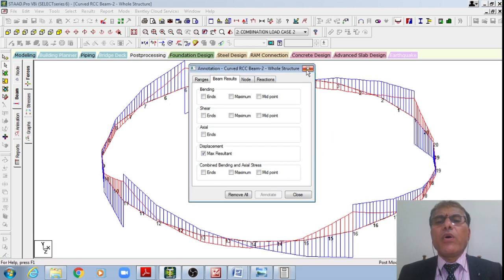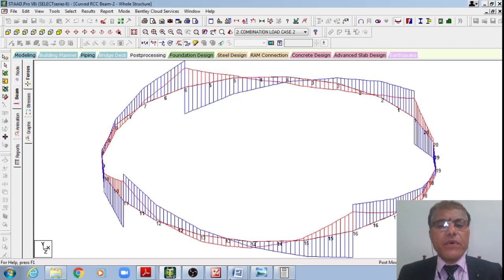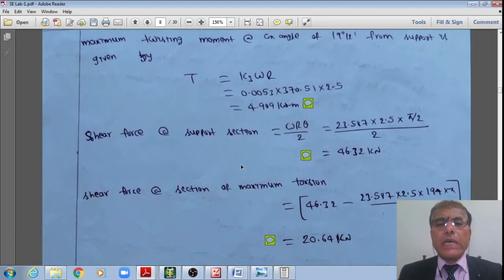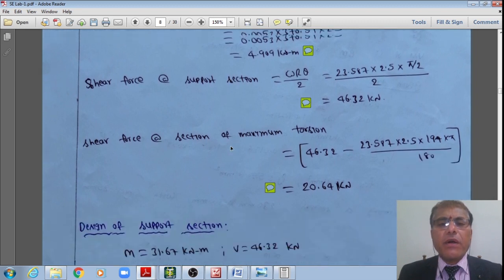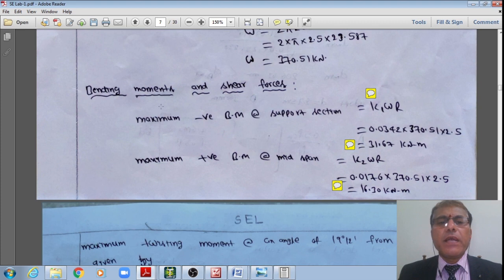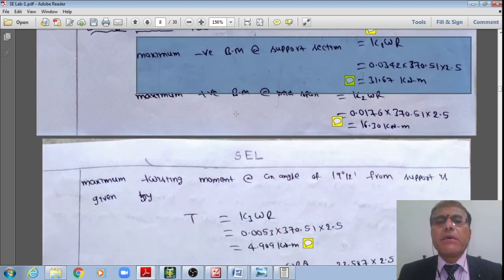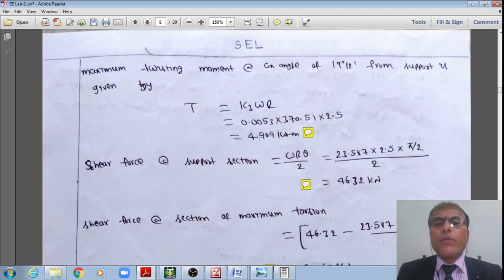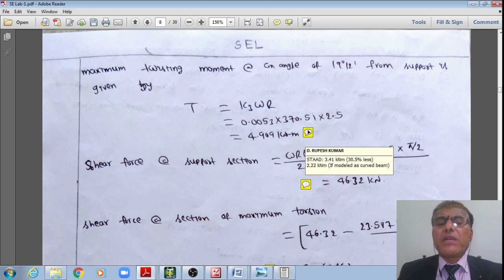Therefore now let me go to the design page. I hope you understood this discussion, student. Once I obtain these results and compare one with the other, I'll finally take the design moments. What is my design moment? From manual calculation I have 31.67, positive bending moment is equal to 16.3 and torsion is equal to 4.909, whereas compared to that of the STAAD it is